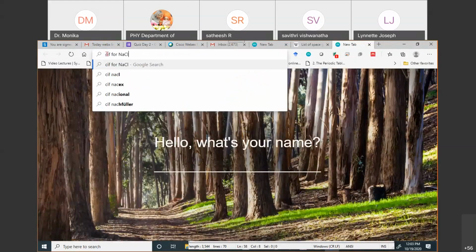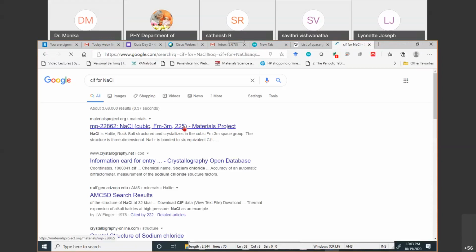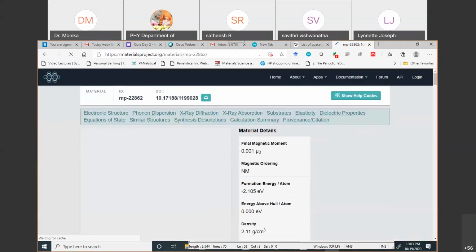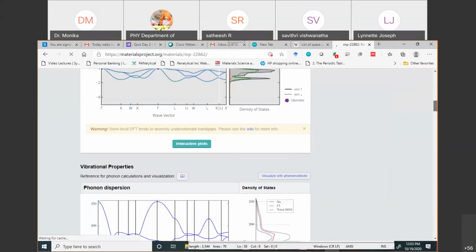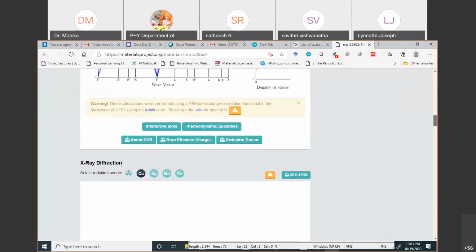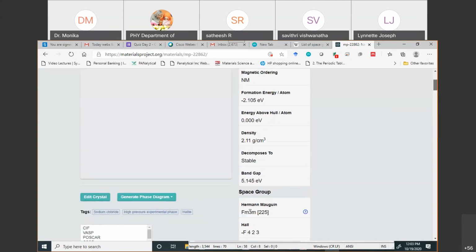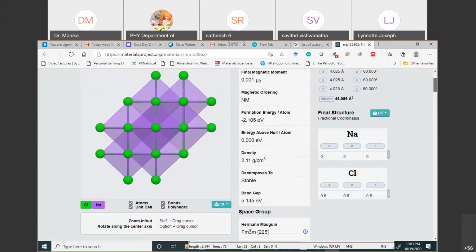So if it is already well known, then it is easy to find a CIF file. Okay, so one of them is here, somewhere here. This is your materialsproject.org, which is what I gave in my presentation also. You can get the CIF file directly from this website. Or if you have some database in your lab, you can always get the CIF file from your database.